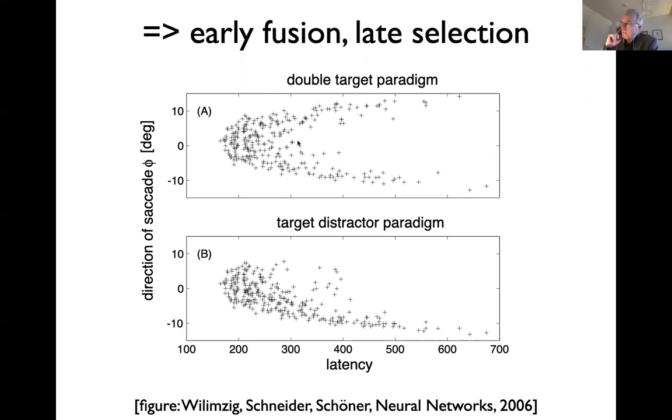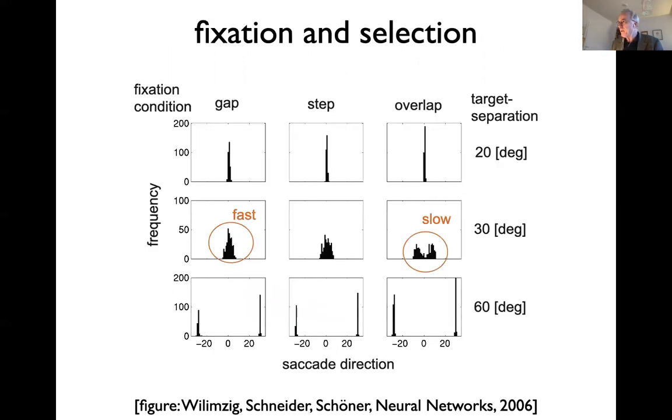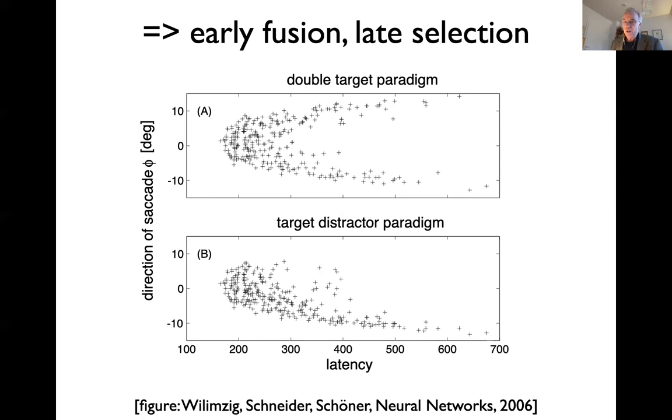Now, in the model, you don't get this variation of latencies without some special tricks. This actually makes use of varying the fixation condition to make sometimes fast saccades and sometimes slow saccades. And I think I have a slide about that a little later. So that's an account for a behavioral signature in the data that shows the time course of decision making on a fast time scale. This is very fast sensory motor behavior. Interesting, even at that time scale, you can directly see the neural mechanisms in a way. Of course, it's not neural in the sense that we would have really identified a particular population of neurons that exactly do that, even though this team